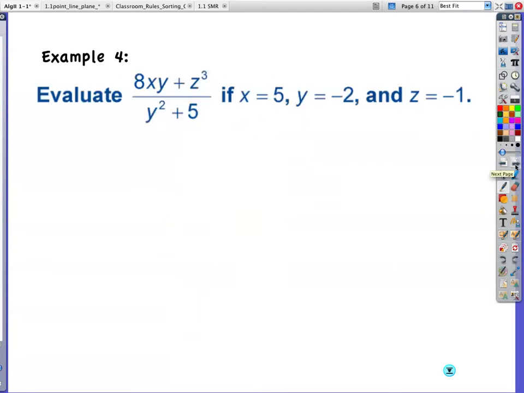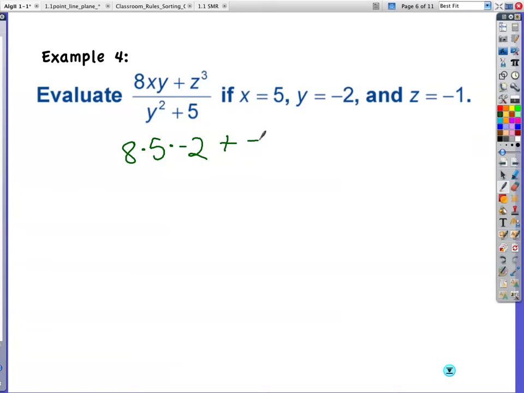Oh, example 4. It has a fraction, but never fear. We can deal with it. Here we go. X is 5, so I have 8, oops, no. 8 times, that's what that is, it's all multiplication there, times 5 times y, which is negative 2, plus z